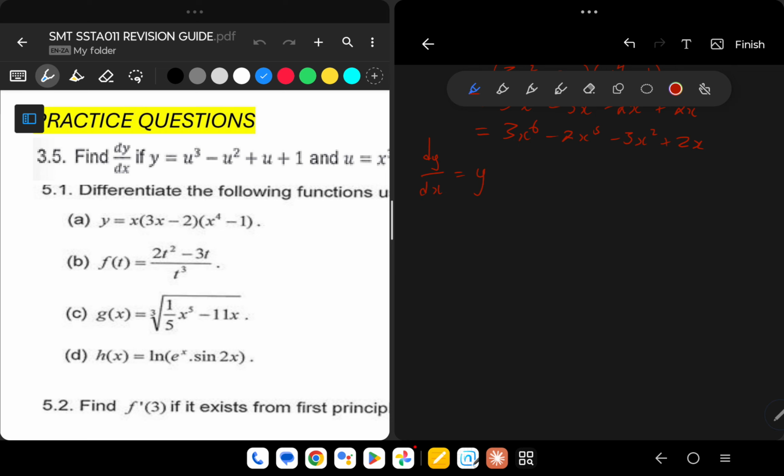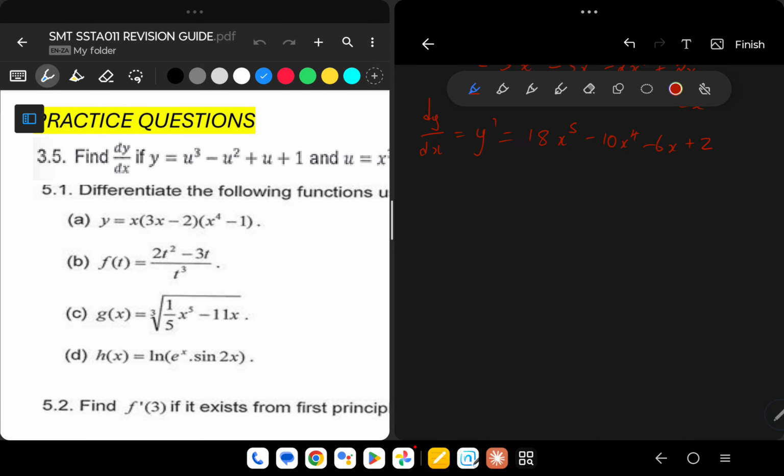This is the same as y prime, which is going to give us 6 times 3, it's just going to be 18x to the power 5 minus 10x to the power 4 minus 6x